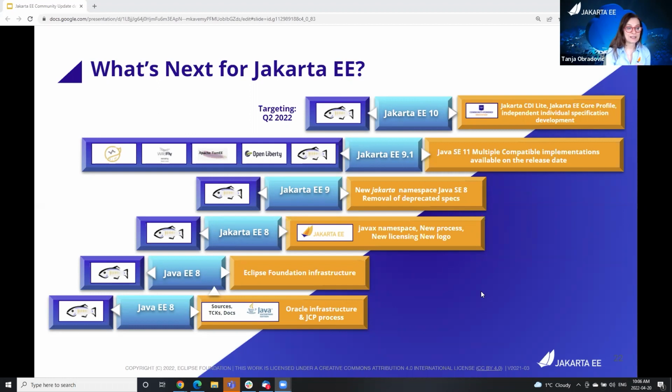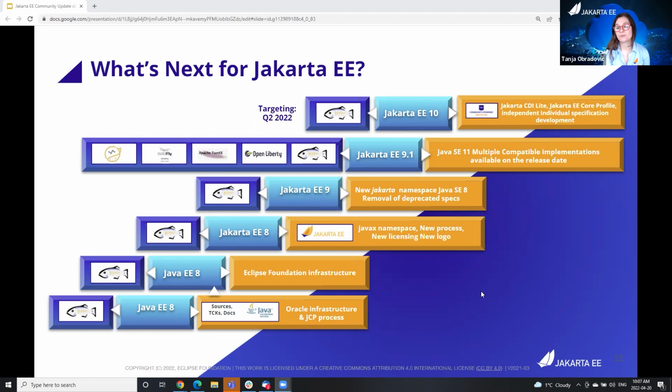Java EE 8, in 2017 and 2018, slowly but surely moved to the Eclipse Foundation infrastructure. And at that time, we had the javax namespace with the new process, new licensing, new logo.